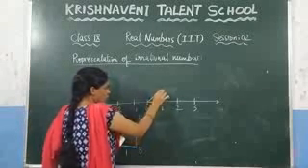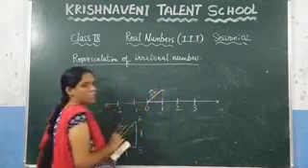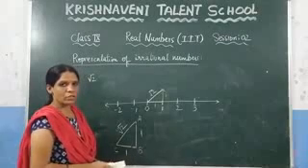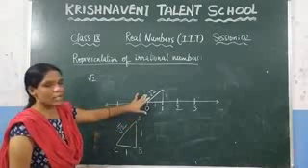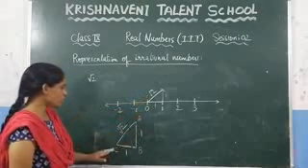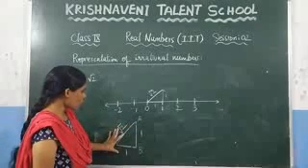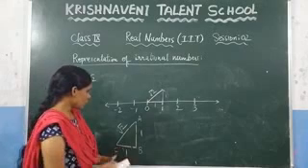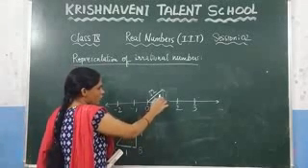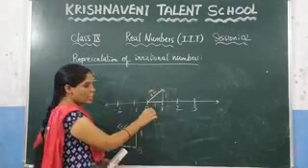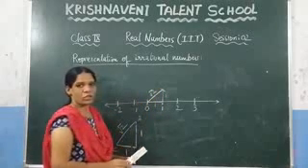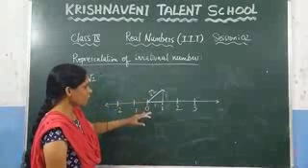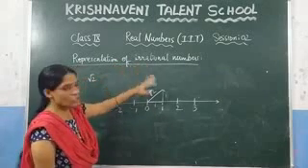Now join this one. If you join this one, this will be the value of root 2, because here this value is 1, this value is 1. After applying the Pythagoras theorem, we calculated the value of the hypotenuse as root 2. So, we just need to draw this right angle triangle on a number line. Represent a length of 1 here, and at this point, make an arc of 1 unit length. If you join this one, this will be the value of root 2. Like that, you need to represent irrational numbers on a number line.